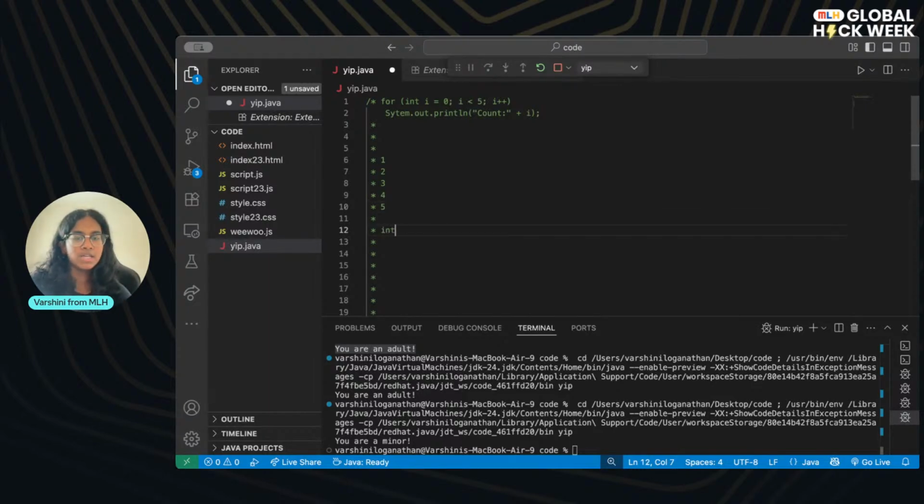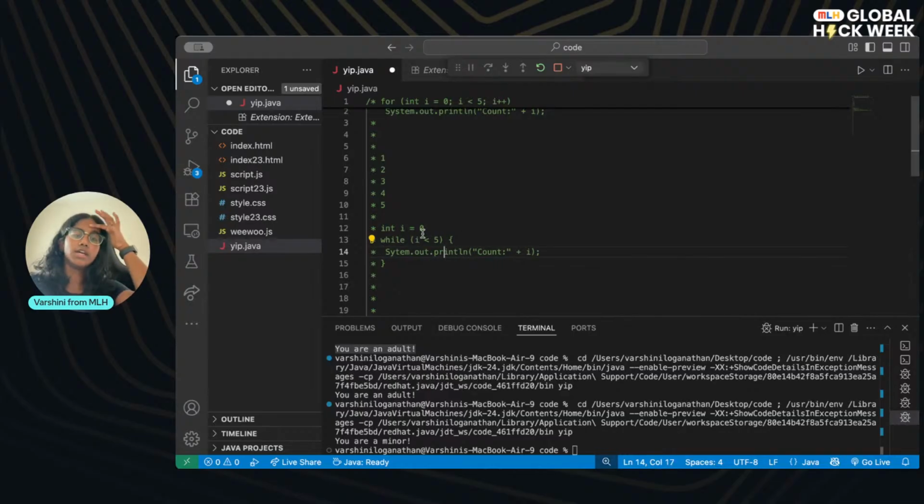Then we've got our while loops. So let's say we're setting int i equal to 0, and we're going to do a while i is less than 5 again, just keeping with that consistent variable and value. Then again, we'll just copy and paste this. I'm noticing I spelled system wrong. Yeah, so here a while loop just basically iterates until something is false. So you'll want to use a while loop if you want to repeat until something is false. So while this condition is true, while i is less than 5, it'll just keep going through the while loop. The second that i becomes equal to 5 or greater than 5, it'll stop iterating.